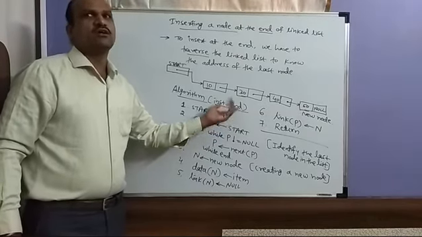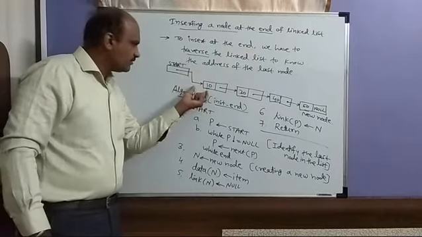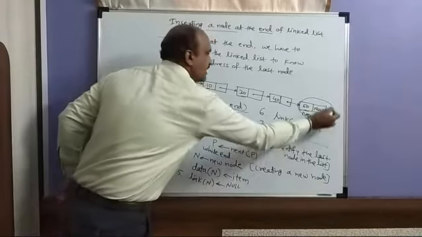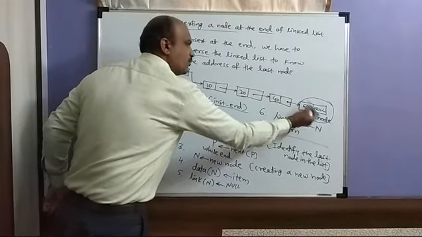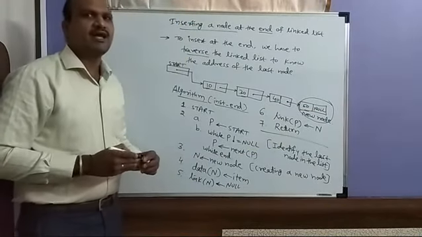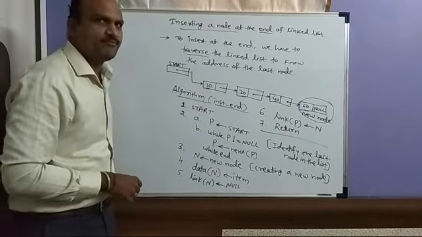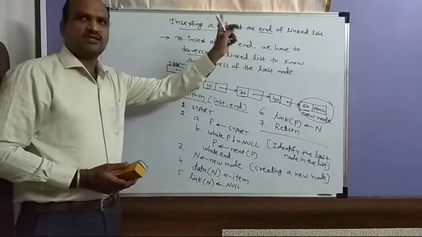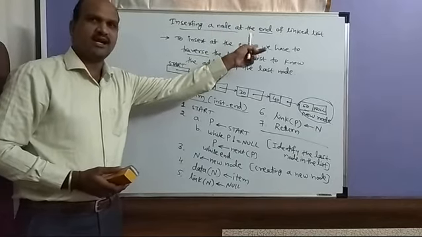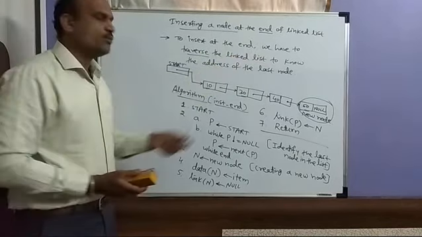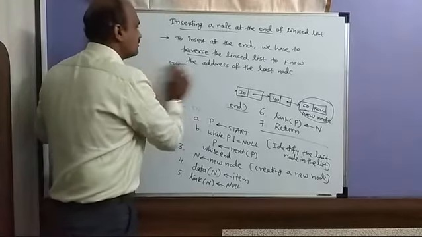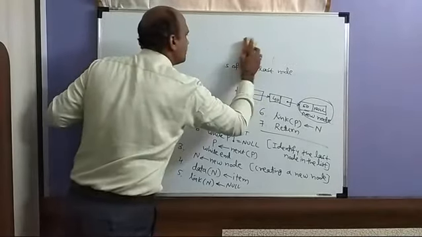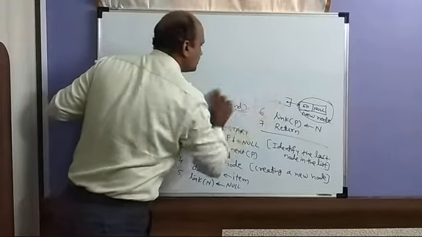So for insertion at the beginning we inserted here. Now this is a new node inserted at the last. Earlier the list ended here, now we added this node at the end of the list. Inserting at the beginning is the first, inserting at the end is the second. Now we'll insert the node at a given position. You can insert at any position in the list.